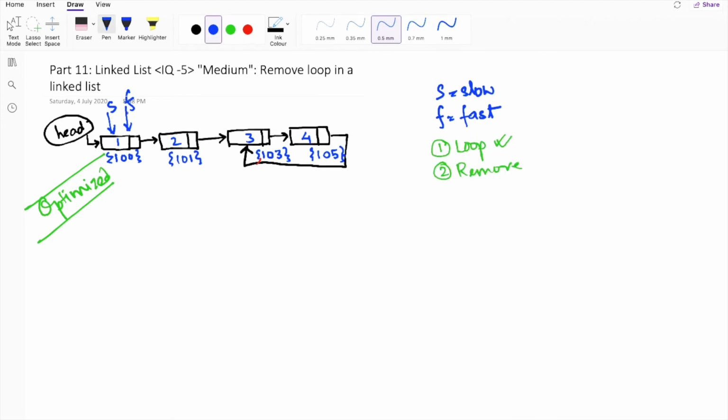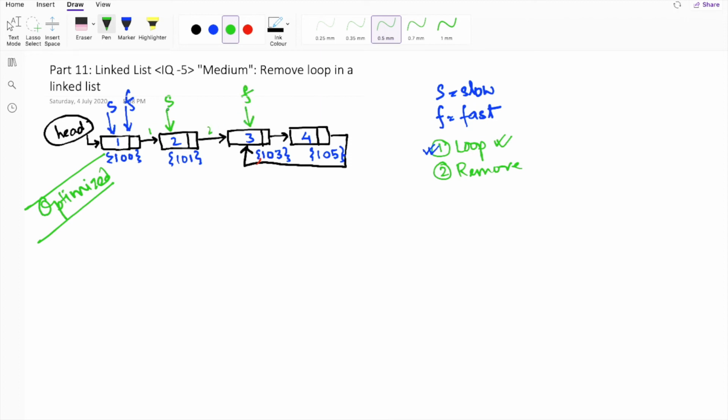To understand whether there is a loop in the linked list or not, we will move the slow pointer one step and we will move the fast pointer at twice the speed of the slow pointer. For the first iteration, the slow pointer will move one step, that is over here, and the fast pointer will move two steps, so it will move to here.